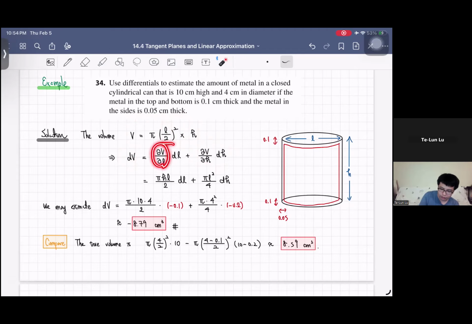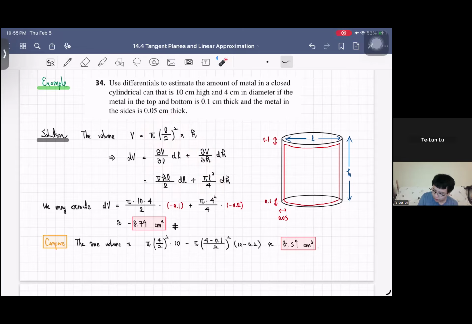If you differentiate this by L, you'll get pi times H times 2L divided by 4. So that's L over 2, right? That is the coefficient in front of dL. And then do the same thing for H. It is simply pi L squared divided by 4. So now let us start from the exterior,